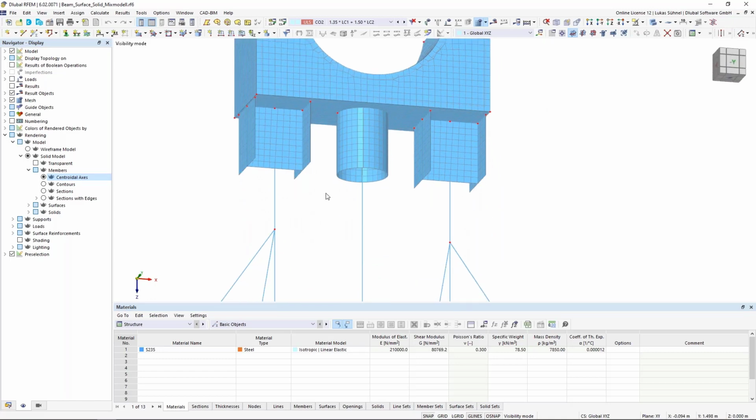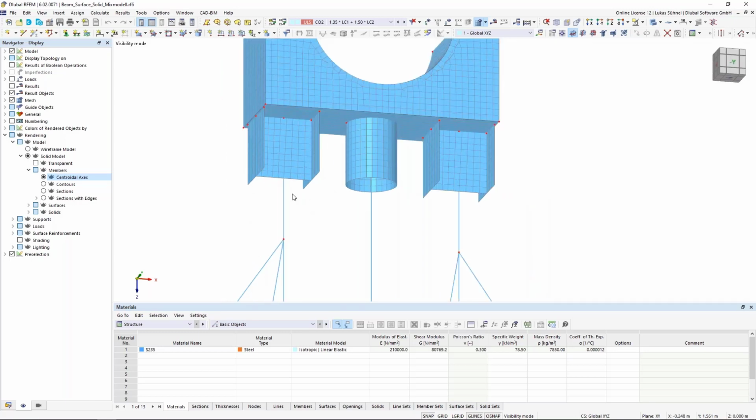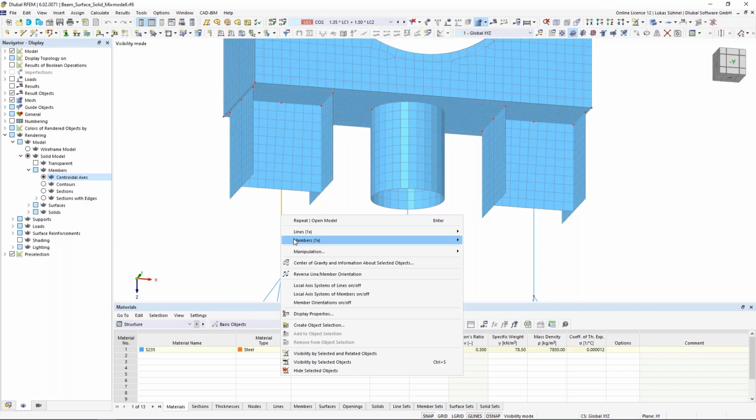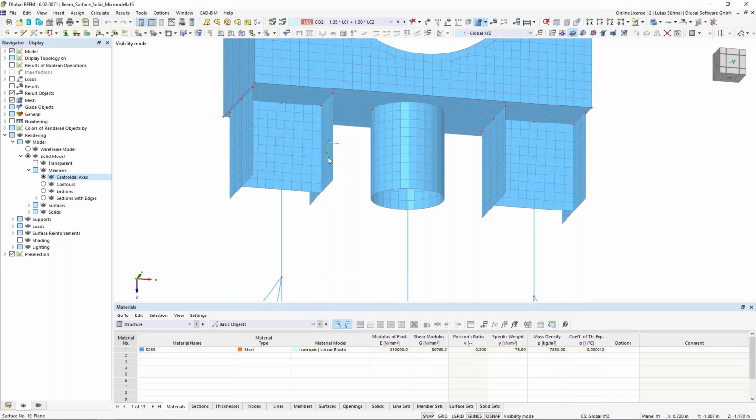Regarding the modeling, which is maybe also interesting to know, in general we can model members, surfaces, and solids in one structure, which is already quite nice. And if you think about the load transfer and the correct transfer of the stiffness, you have to take care of some things when you have a 1D element and 2D elements. By simply converting these members into surfaces, as I did here,